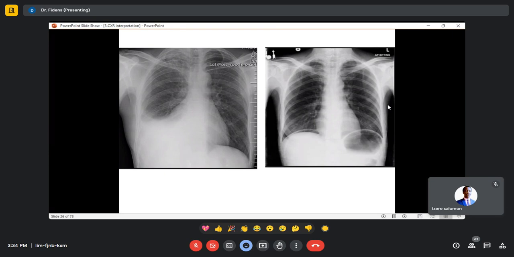I think I can go on to C, which is cardiac. As I'm seeing, the heart looks normal. There is no cardiomegaly, if I'm seeing well. Yes, you are right. It is not more than half of the chest diameter. Then, continuing on D, which is the diaphragm, there is air